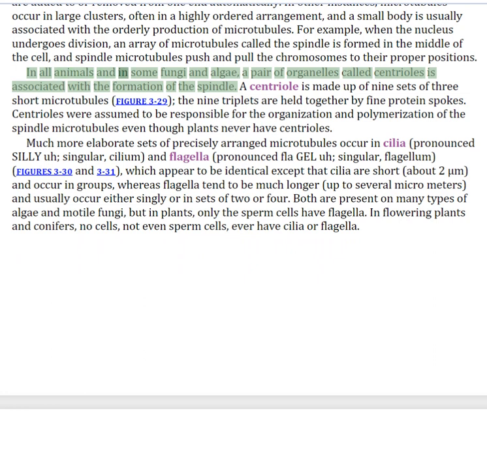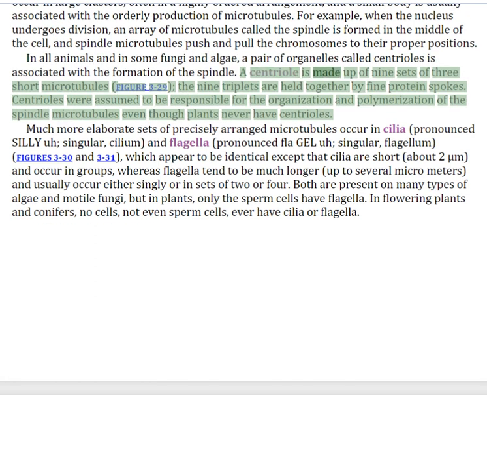In all animals and in some fungi and algae, a pair of organelles called centrioles is associated with the formation of the spindle. A centriole is made up of 9 sets of 3 short microtubules. The 9 triplets are held together by fine protein spokes. Centrioles were assumed to be responsible for the organization and polymerization of the spindle microtubules, even though plants never have